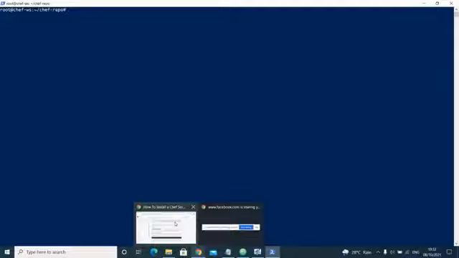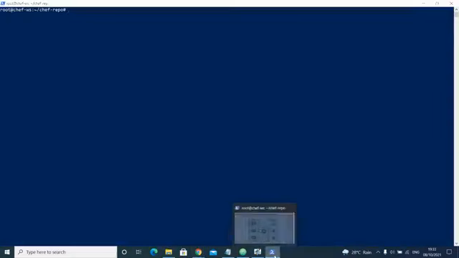So we installed Chef Workstation in our EC2 instance, which is acting as a Chef workstation. I can check once whether Chef is installed or not. chef --version.